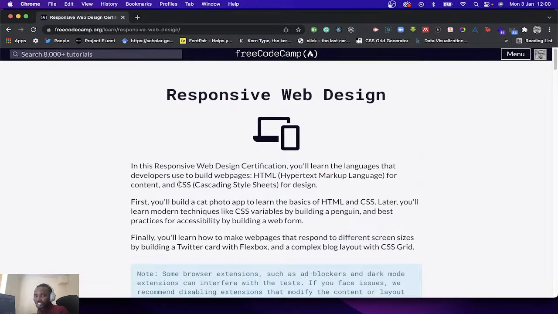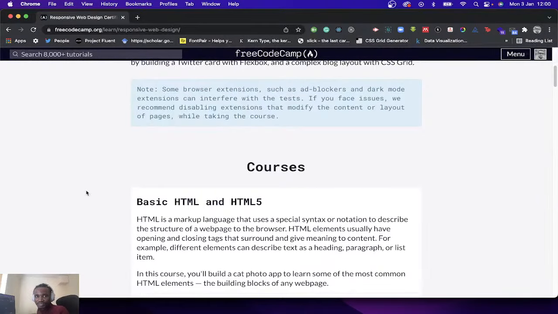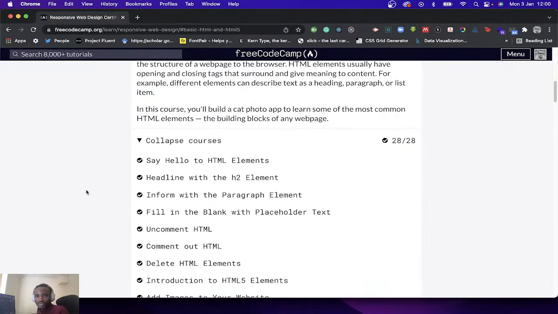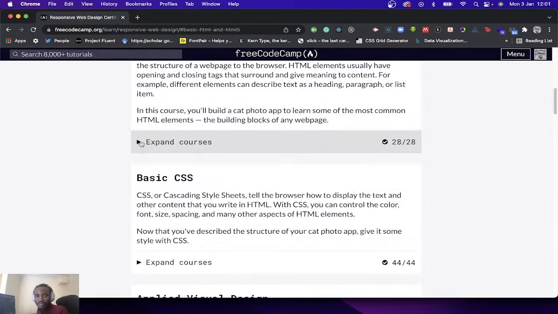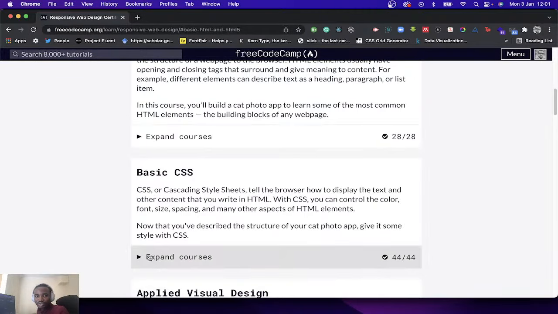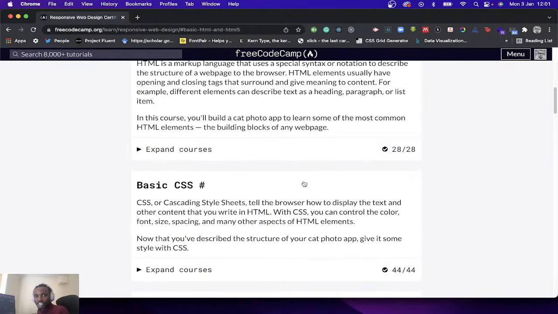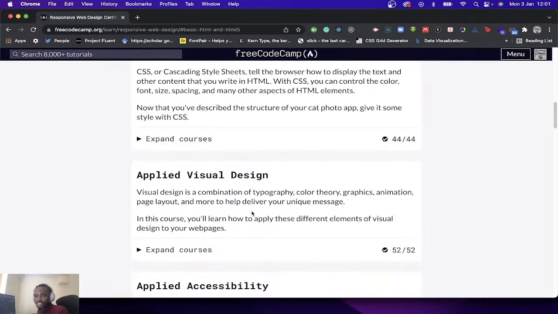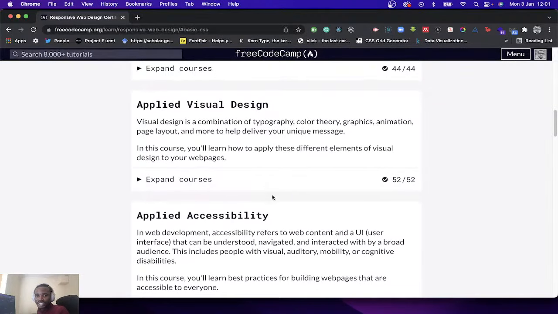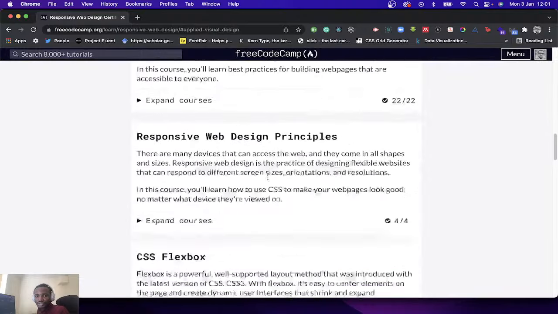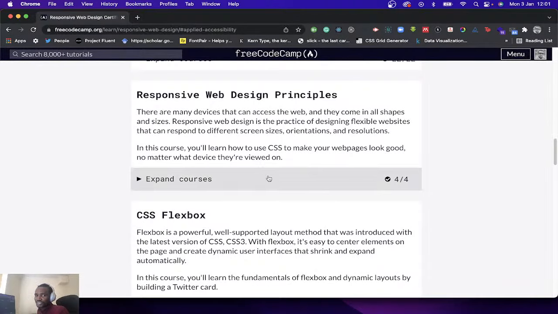So we're going to start with responsive web design, definitely, going through HTML, and then basic CSS. Then we go through applied visual design, so how to apply HTML and CSS to create something interesting. And then we'll be doing accessibility also, which is good, and then responsive web design principles.